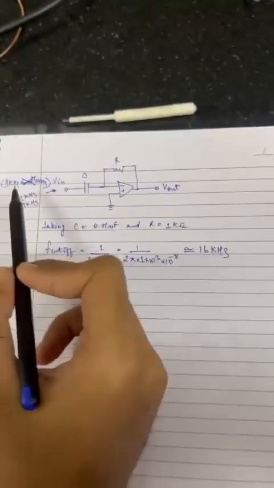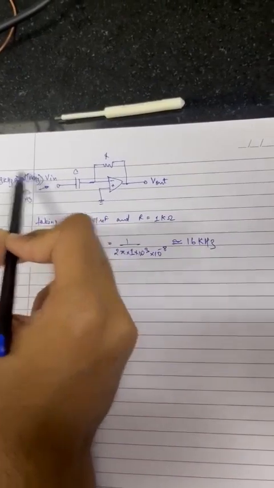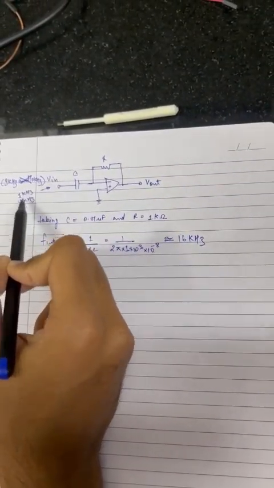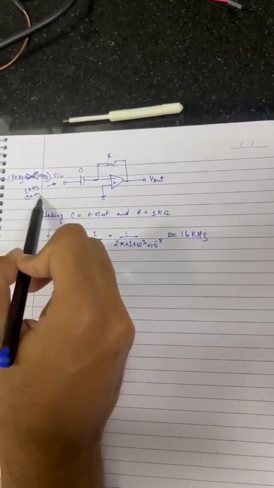So I am explaining the circuit diagram for the differentiator circuit. From the signal generator, we have generated two frequencies, that is 9 kHz and 10 kHz, and we have multiplied them. In the input, we will have two frequency components, that is F1 plus F2 and F1 minus F2. The F1 minus F2 will be 1 kHz and F1 plus F2 would be 19 kHz.